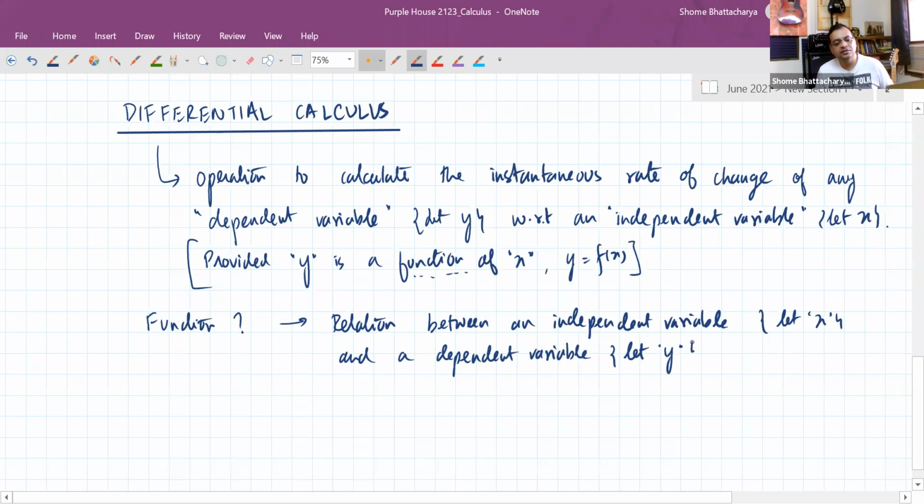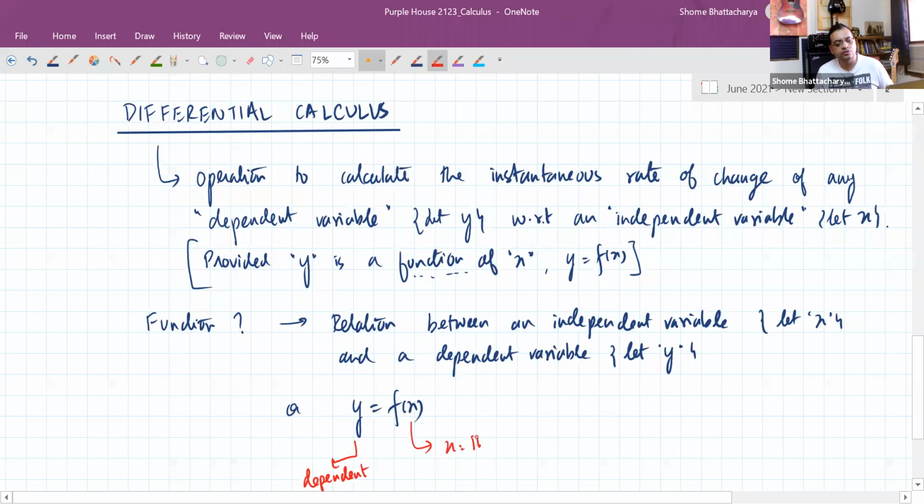So the convention that we use for writing a function in short form, this is the symbolic representation of a function. The convention is that whatever variable is on the left hand side is the one which is dependent,